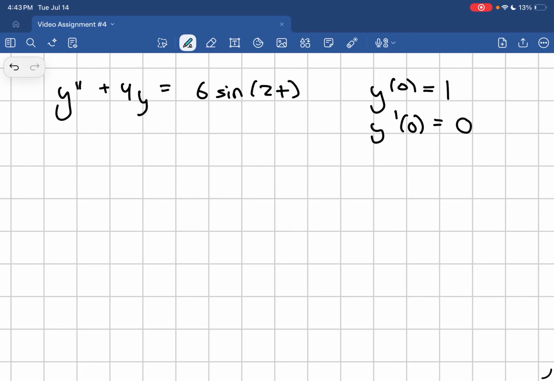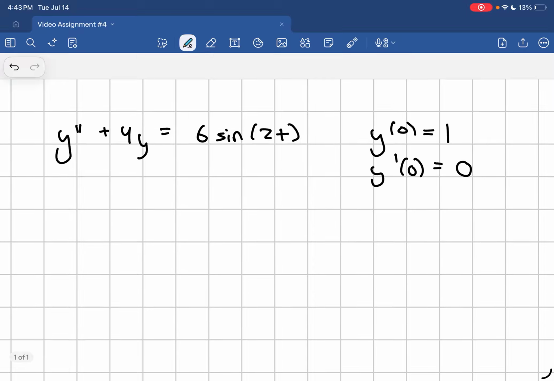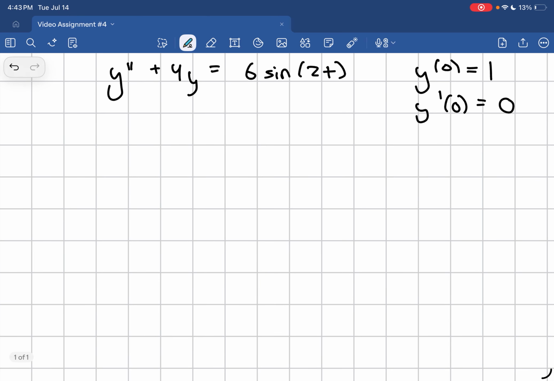Hi, so we're solving this problem, non-homogeneous problem, by taking the Laplace transform. So we'll take the Laplace transform of all terms. But first, some of the important formulas we're going to be using, given known formulas, are that we can rewrite this as capital Y of S,